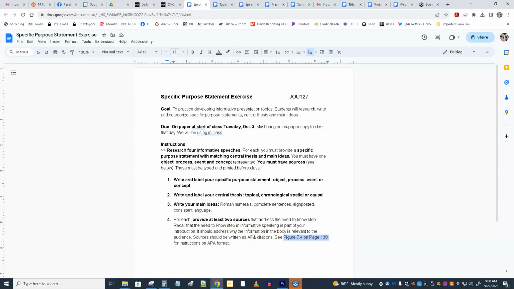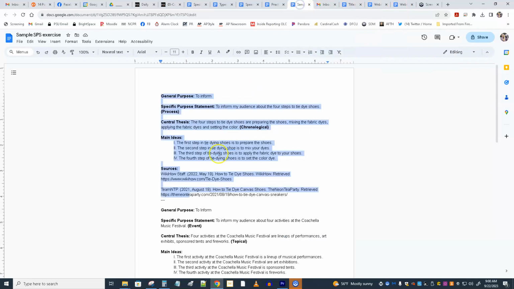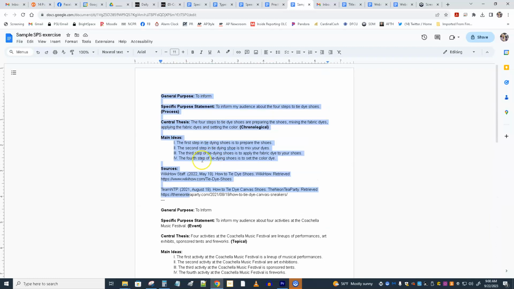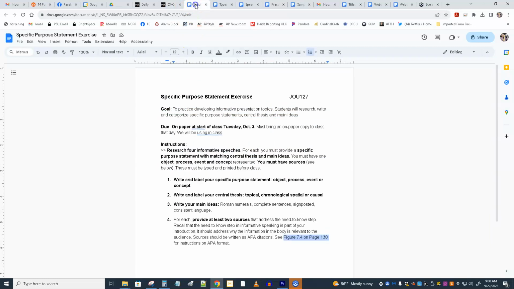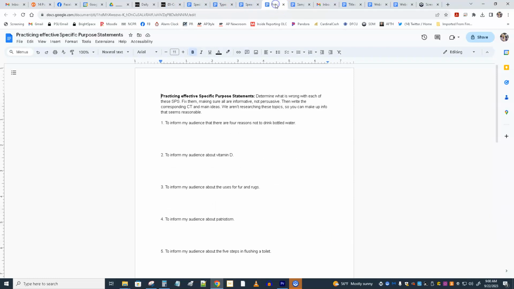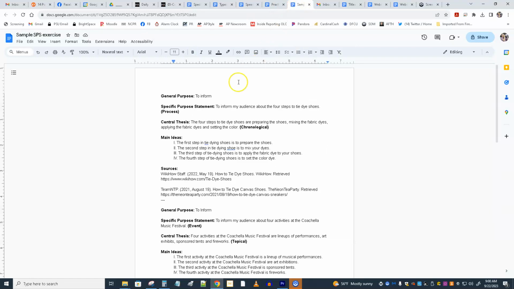I understand that they're not going to be perfectly APA because that's tough with some of these types of things, but I really want you to do your best. And again, see the samples here, which I think people just did their best at. So that's what's due. I've gone through that handout, that handout, that handout, that handout, and that handout. That was a lot of stuff. And of course, we did it in more detail in class too.